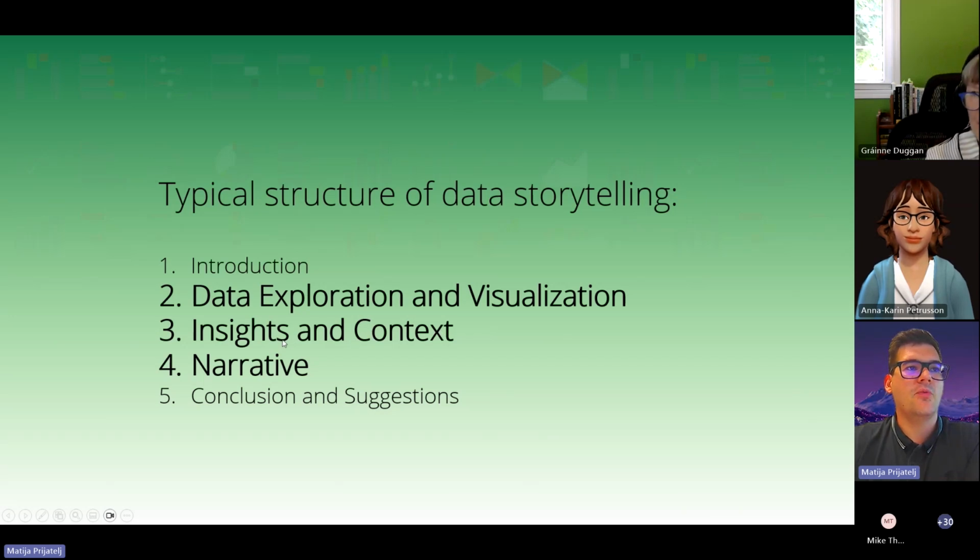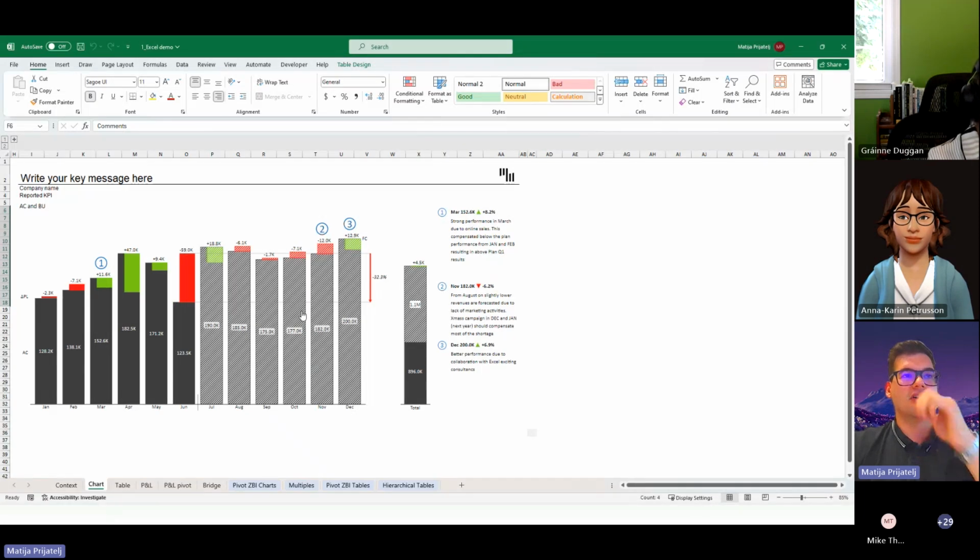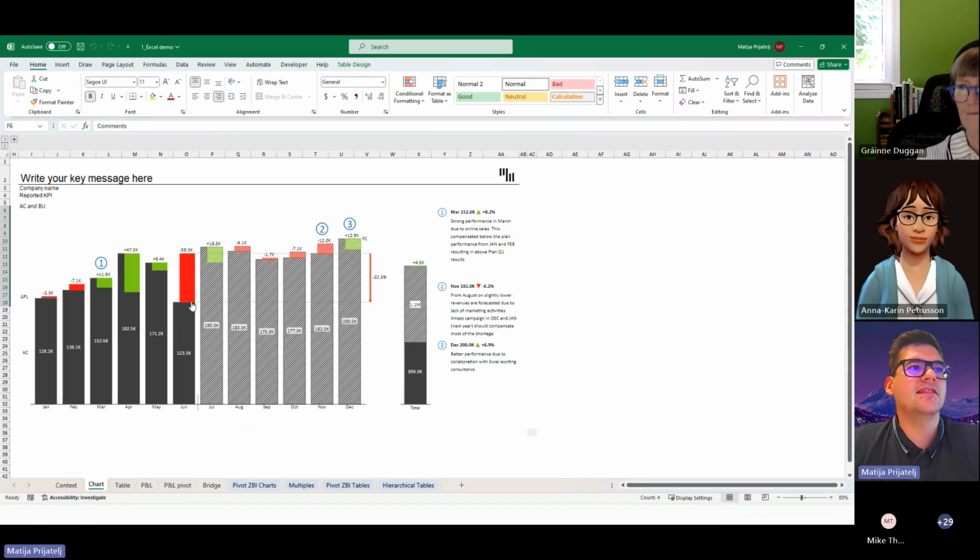And now we can also check out the narrative part a little bit, because as you can see here on the chart, the thing that can help us on any given dashboard, on any given report, is when we have something like this, seeing that there is something wrong, let's say something going on in June, and then having the